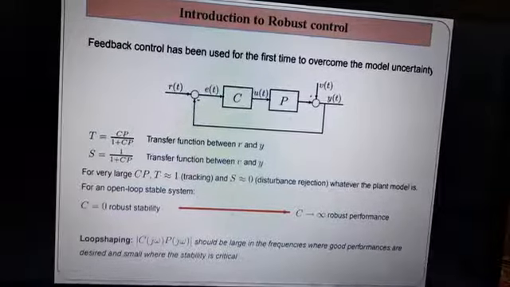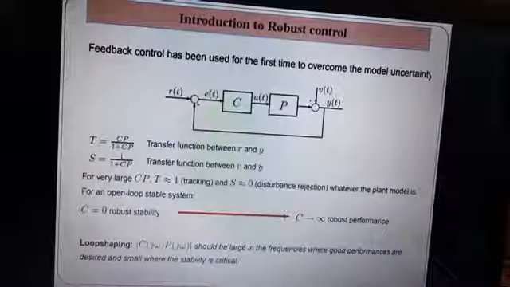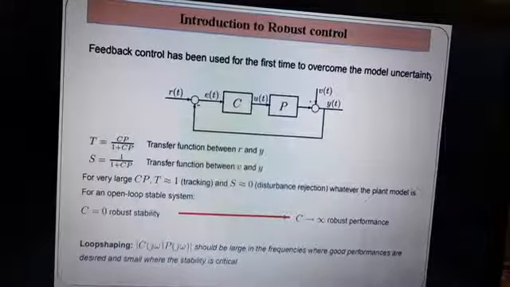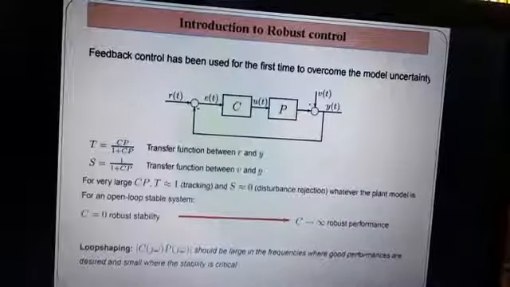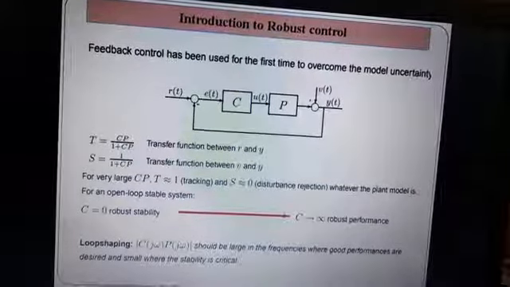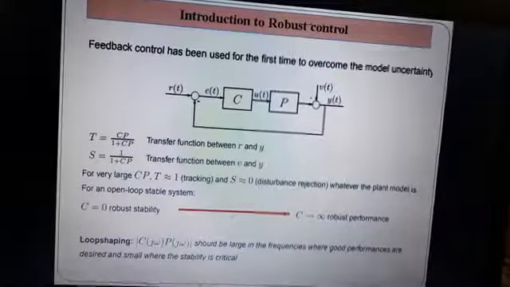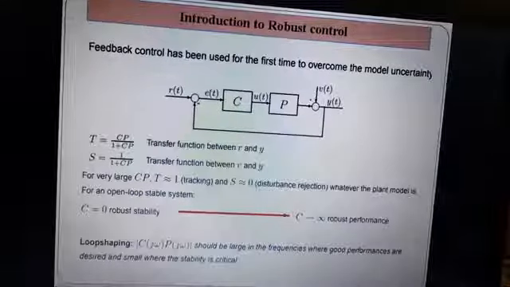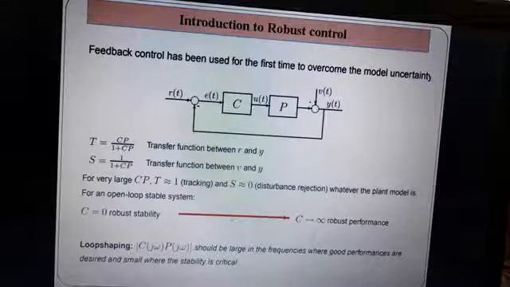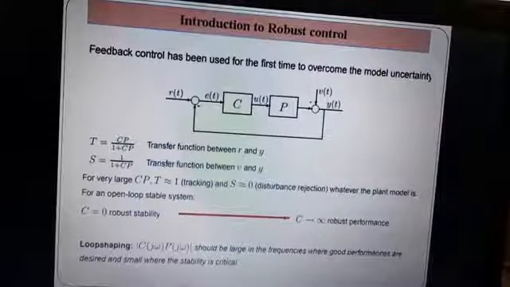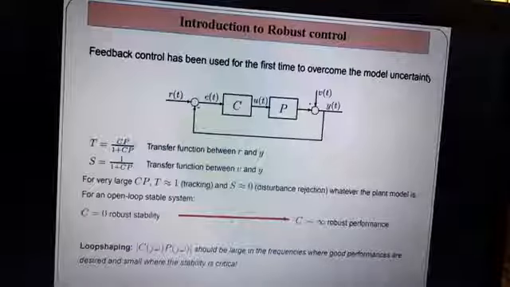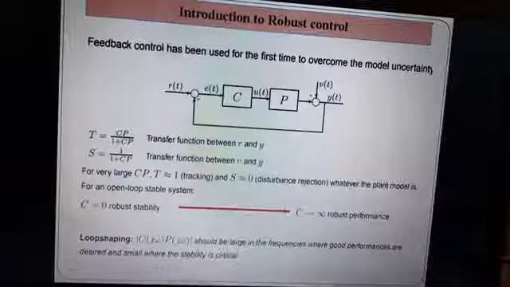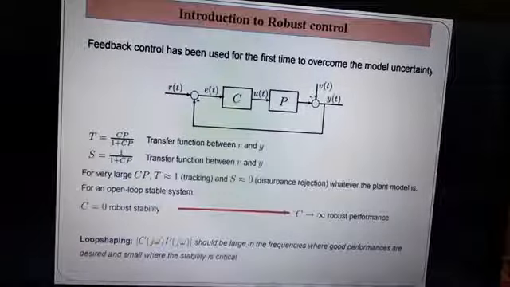So here the transfer function model has been obtained for the given feedback loop. As we know, in the case of a transfer function, the system has to be a single input single output system, but here in the feedback loop we can see there are two different inputs. One is r(t), which is the desired reference input, and the other one is v(t), which is the undesired disturbance input. So it is obvious that while deriving the transfer function, we need to mention whether it is in terms of the reference input or the disturbance.